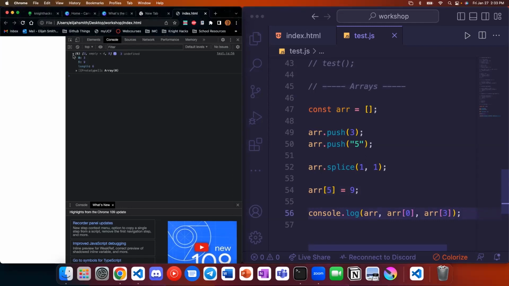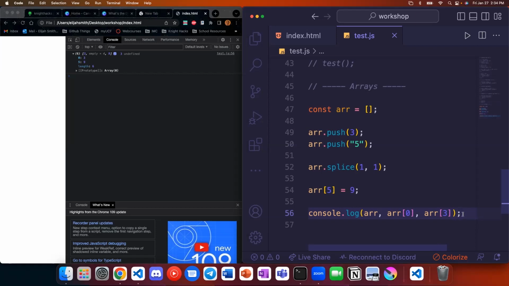So we're printing the whole array, which is 3 and then 4 empty spaces and then the number 9. And again, if we try and print what's at 0, well, there's a 3. If we try and print what's at 3, there's nothing. So you can access any part of the array and it'll expand the array as needed, but you can have slots that are undefined that are completely empty in the middle, which is dangerous, as you would expect.